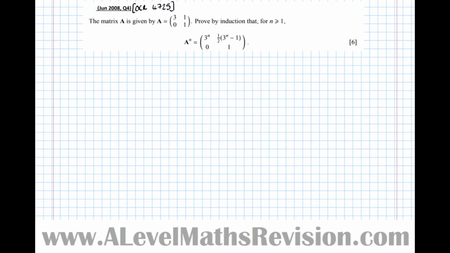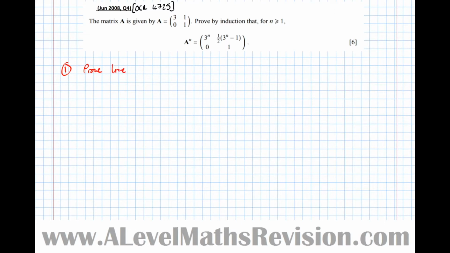In this video we're going to have a look at proof by induction, but in the context of proving a closed form for powers of matrices. So let's have a look at this question here. It says the matrix A is given by A equals [3, 0; 1, 1]. Prove by induction that for n greater than or equal to 1, A to the power of n is equal to that. So the first thing we have to do in a proof by induction, so step 1,